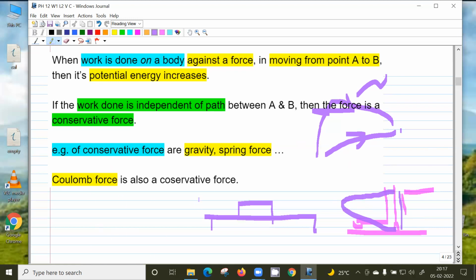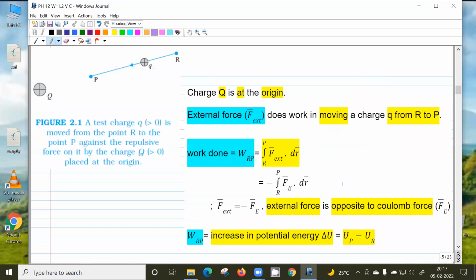So examples of conservative force are gravity and spring force. Coulomb force, the electrostatic force, is also a conservative force. Here I have a positive charge capital Q and a small charge q. Charge Q is at the origin. So if you have to move this charge q from this point R to P,